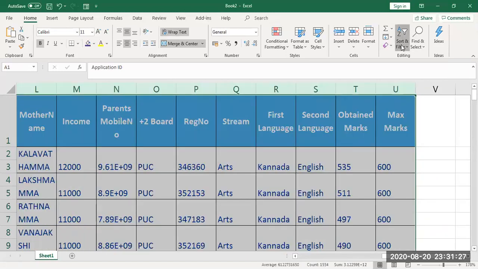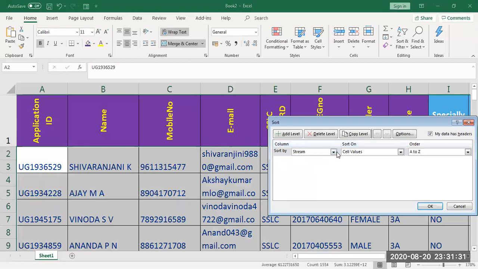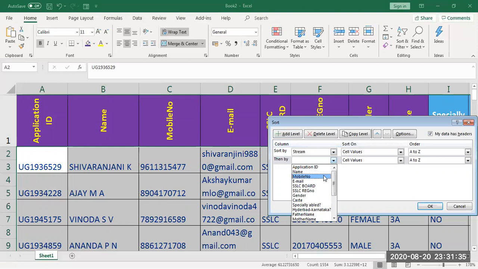Select it, then go give custom sort. First stream, based on stream I am sorting. Next add level. Then under which name you want to sort, it will ask. I want to sort in stream. I want to sort based upon the obtained marks, how much the maximum mark whoever got. Based on that I wanted to arrange.